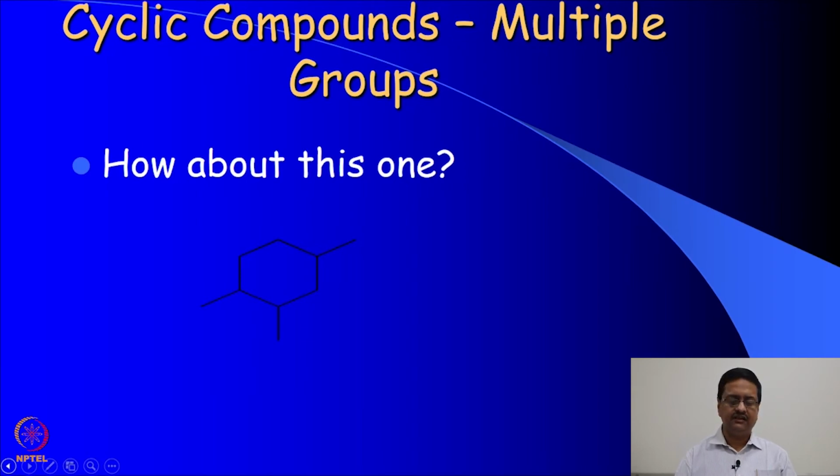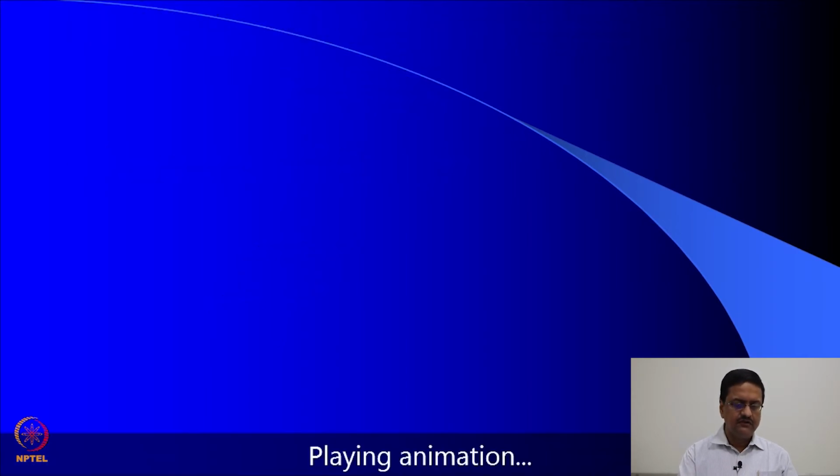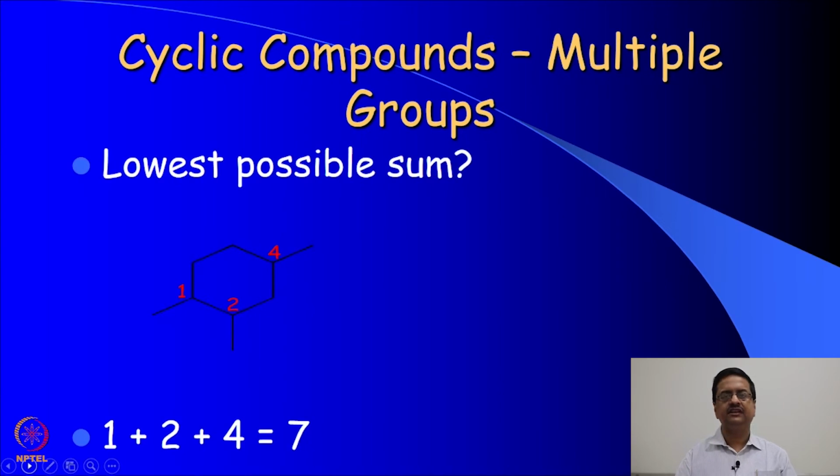How about this particular compound? How should we name this molecule? When we have 3 different functional groups, 3 different prefixes, we again write the numbers in such a way that the sum of those 3 numbers is the lowest. So, here we write it in the anti-clockwise direction, starting at 1 to 2 to 4, and the sum is